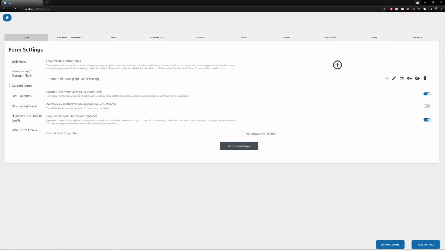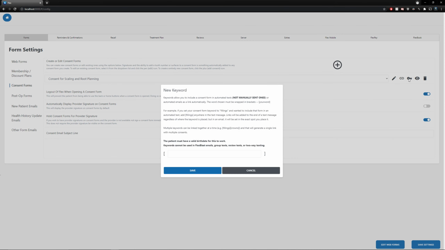Another feature that Flux allows is for you to create keywords for specific consents. Again, we'll use the scaling and route planning. And if you attach these keywords to any of your automation, and that'll be inside of your reminders and confirmations as well as your forms tabs, this consent form will be attached to all patients that get that automation. A typical use case for this feature is your COVID-19 consent form, which most practices want to include on every